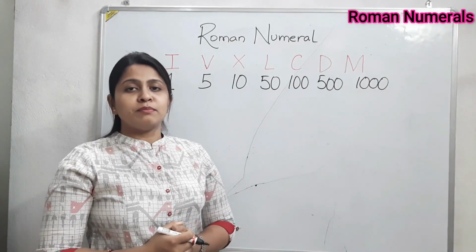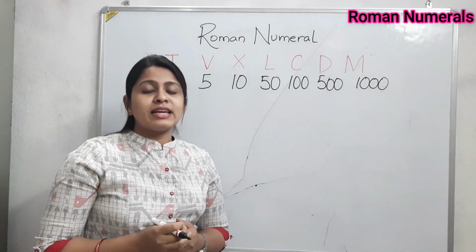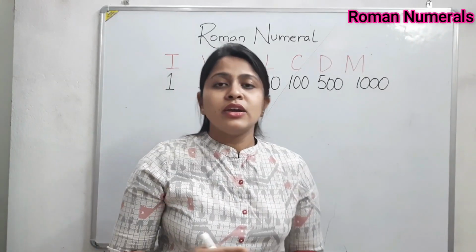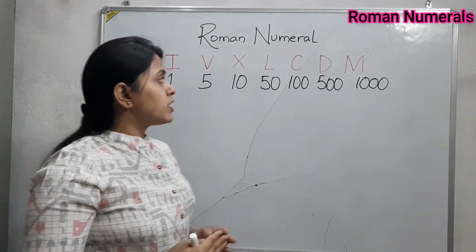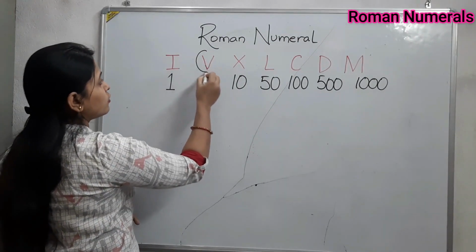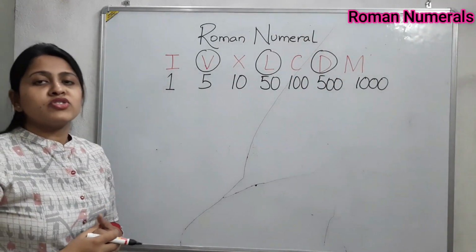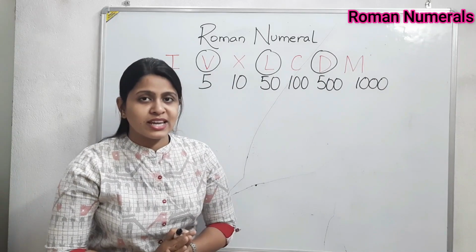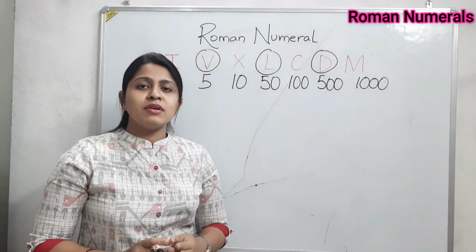Now how can we write a number? There is a very easy method, but one very important thing is that there are a few rules to learn before writing numbers in the Roman numeral system. So what are the rules? Kindly listen: V, L and D, the ones which I have circled, have a special case. And the rest, I, X, C, M, are free.